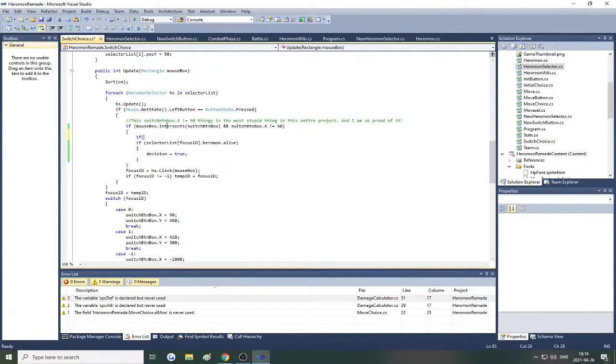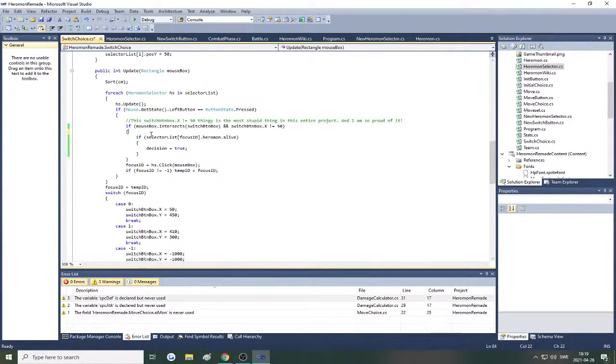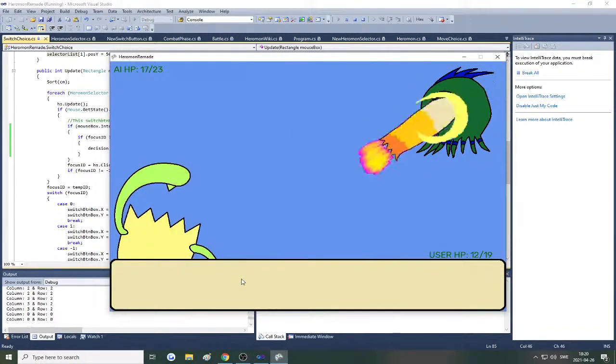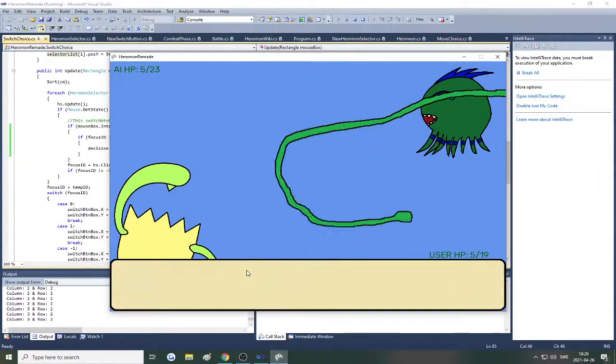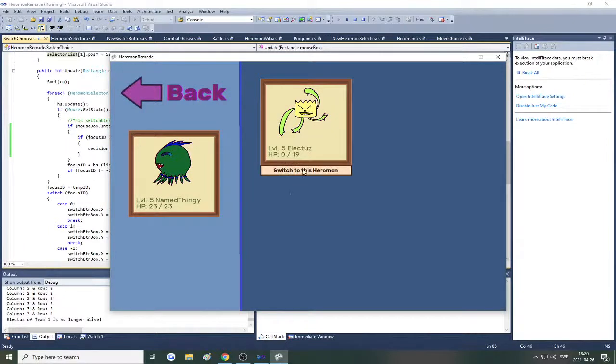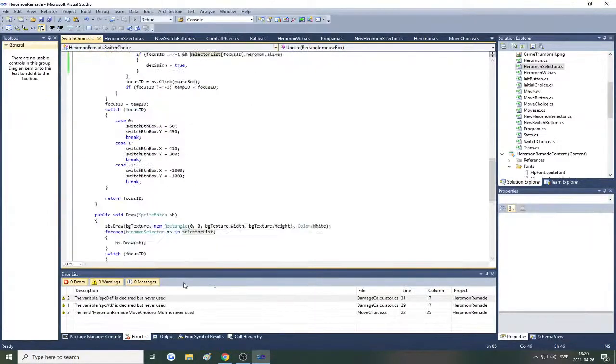We need another check. Maybe we can include it in this if: focus ID isn't equal to -1, and so we don't get out of range. Switch, this one, click, this one, click, this one, click, and also